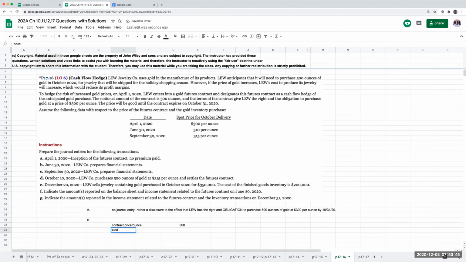The spot price of gold at June 30th is at 310. So the increase is $10 per ounce. We have 500 ounces, and so we're going to have an unrealized gain